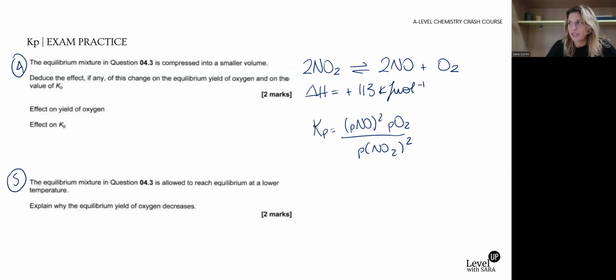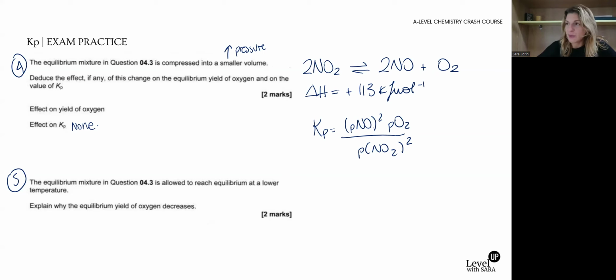Let's think about a smaller volume, what does it mean? It means that there is an increase in pressure. We know already, pressure has no effect on Kp, okay? Because we know that Kp is only affected by the temperature. But what about the yield? So an increase in pressure,